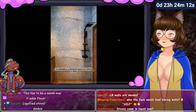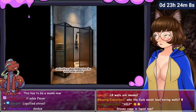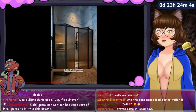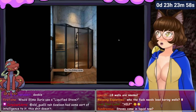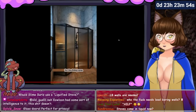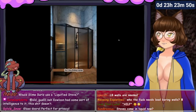He installed a shower head to make a nice, spacious shower area, and put in a glass folding door for some extra privacy. Why is the glass door for your shower covering up your cooking area while also the entrance to your space takes you to the shitter and the shower? What the